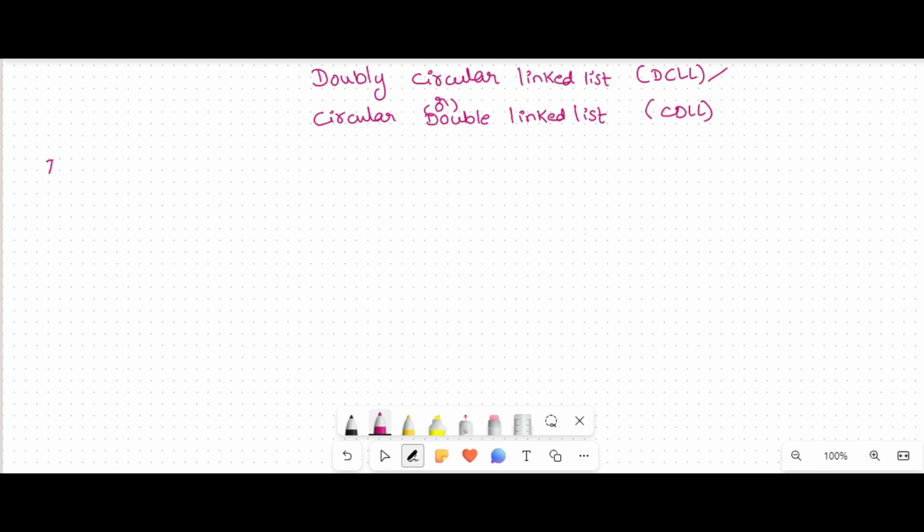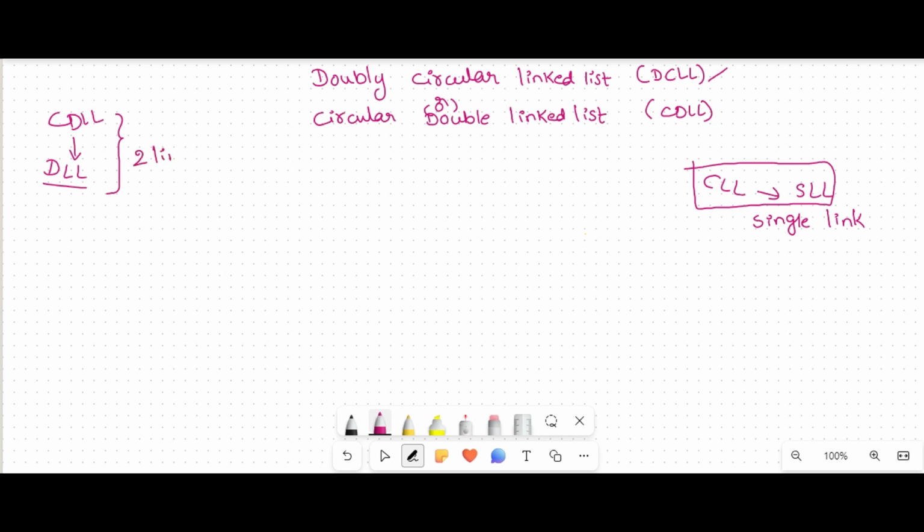So this is similar to double linked list. See, CLL is similar to single linked list. Why? Because there is a single link present between the nodes. This CDLL is similar to double linked list. Why? Because double links, two links, are present between the nodes. That's why if you understand this double linked list, then it is easy to understand this circular